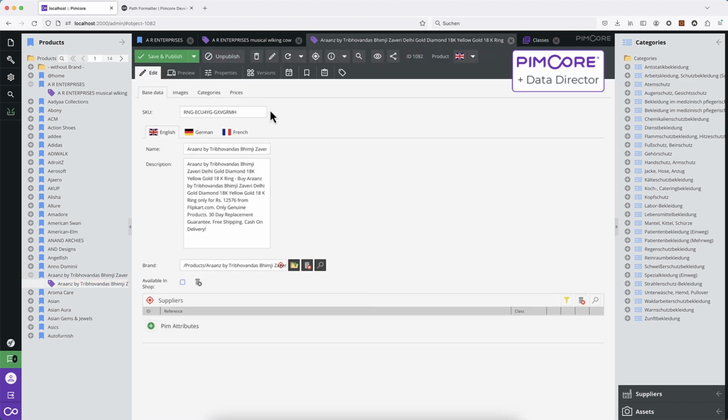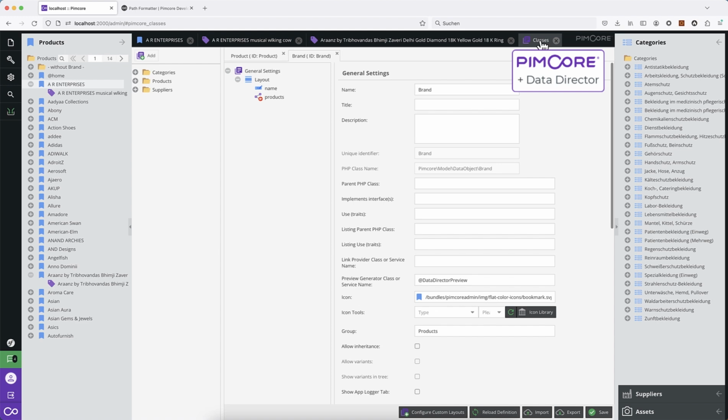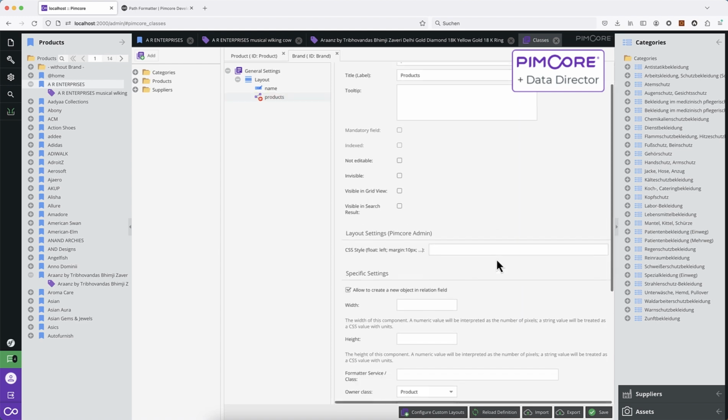Now, when we open the product, in this case, we do not see the /products at the beginning anymore. Also here, when we reload this object, I also see it here. But here you see that we see different information. This is not only the path or the object key of the assigned product, but it is the SKU and the name. And the reason for that is when we look at the name of the path formatter,